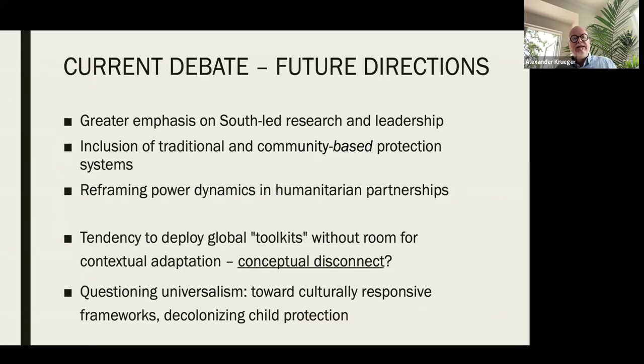The issue is that there is that tendency to deploy global toolkits and global frameworks, but also minimum standards tend to feed a desire of compliance and is pretty much feeding one way of understanding child protection. And there is, in effect, a conceptual disconnect that has been raised since the